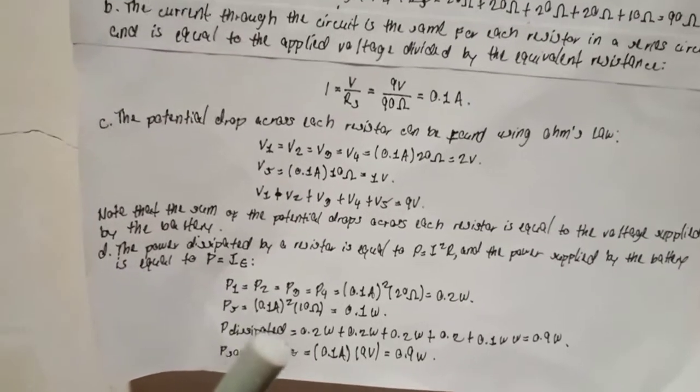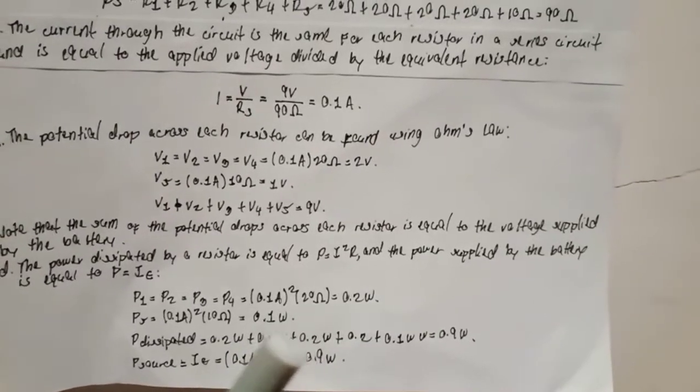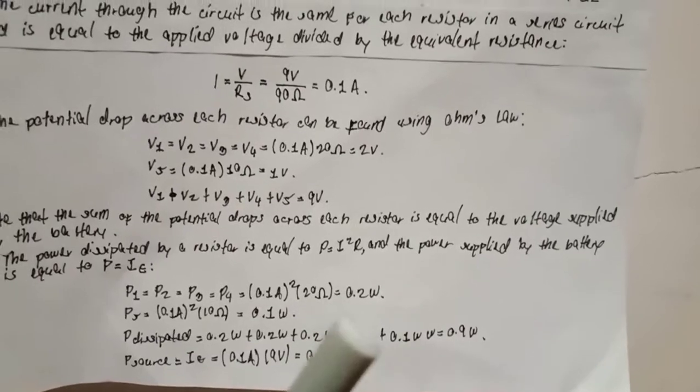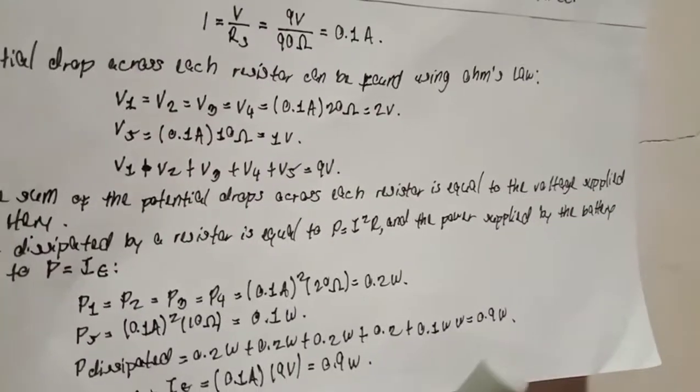P dissipated is equal to 0.2 watts plus 0.2 watts plus 0.2 watts plus 0.2 plus 0.1 watts,